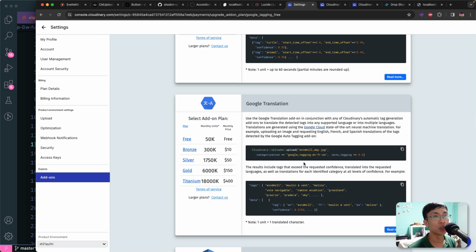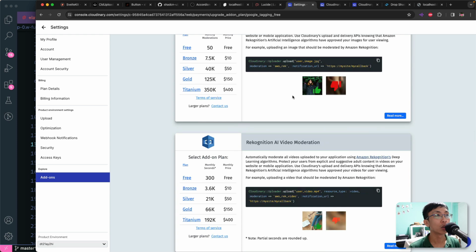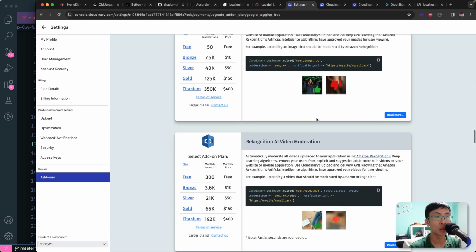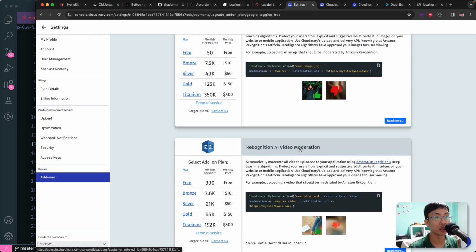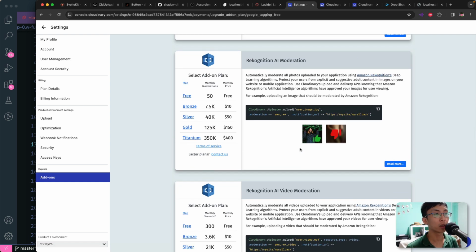It will translate the results. Maybe the text that you generate is English, then it will translate it to maybe French, German, other languages as well. And there is also other things like moderation. Maybe if you upload something that is illicit or not safe for work, things like that, then you can